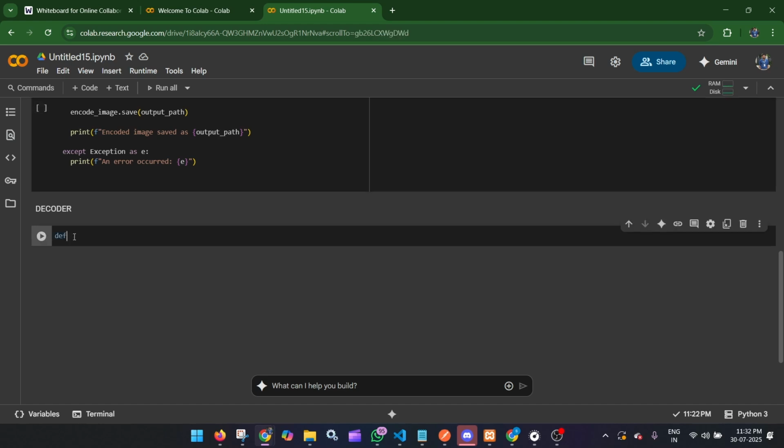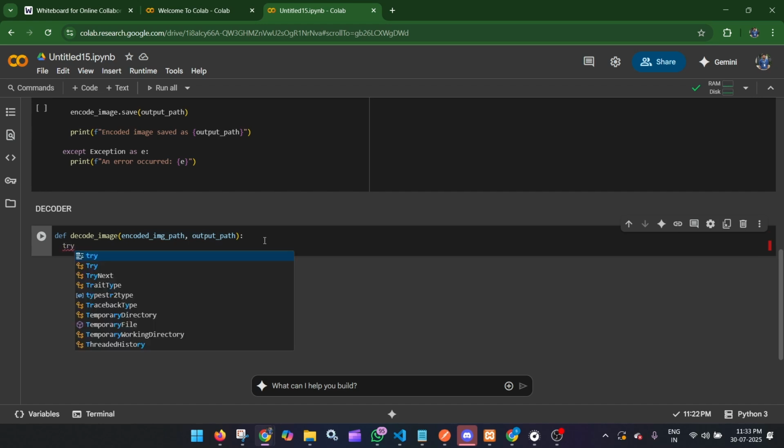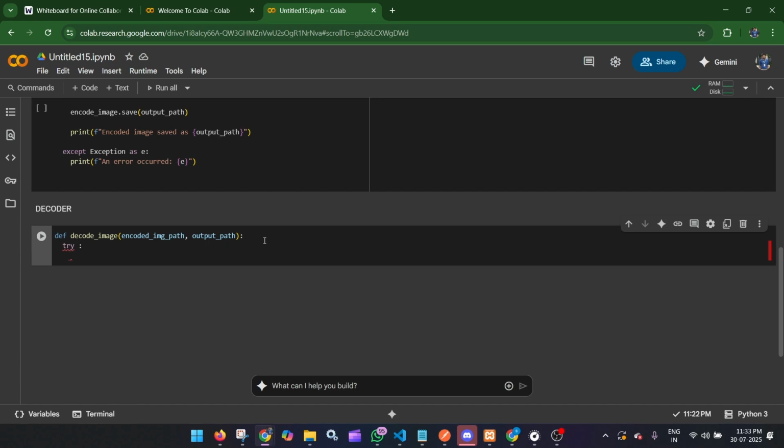To make the decoder, first we will write this def function, decode image, where we will pass the encoded path. Not only the encoded path, we will also pass the output path, because we need it to decode this at the end. So we will use this try method,